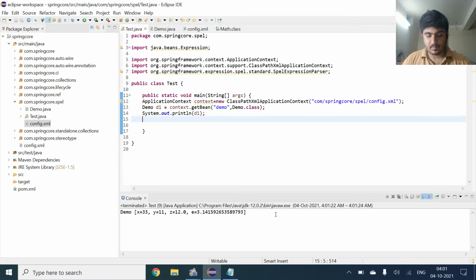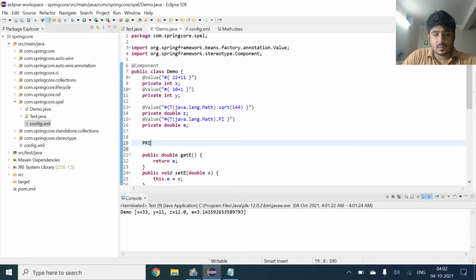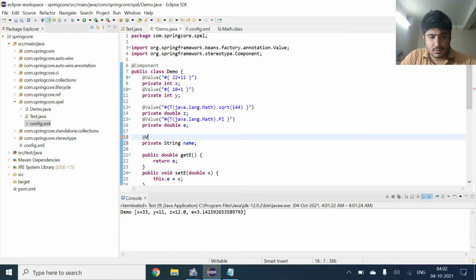So I will come to the demo and I will take another variable, and here we will give the value, and we will see how we can call the object.